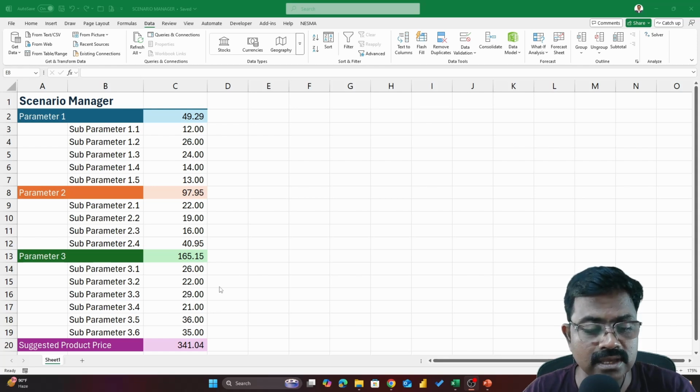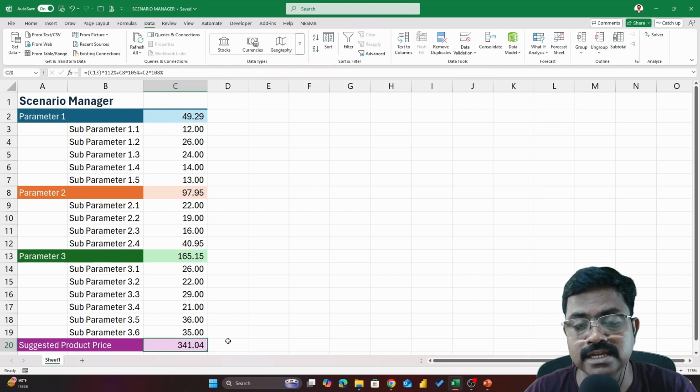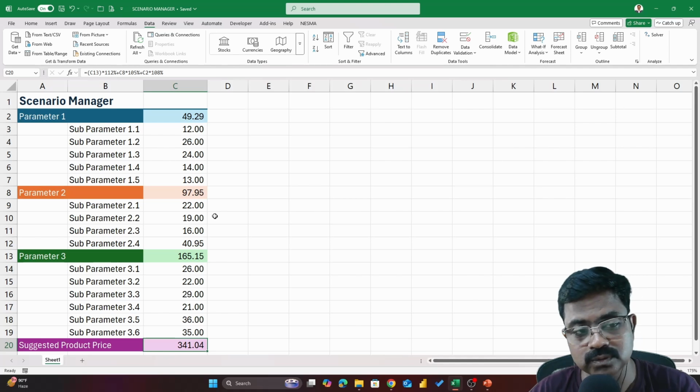So check out this example right now. This is our master calculation, which is under the cell C20. Right now the pricing is $341.04. Now I decided to change two inputs, and I want to save them as one of the scenarios,